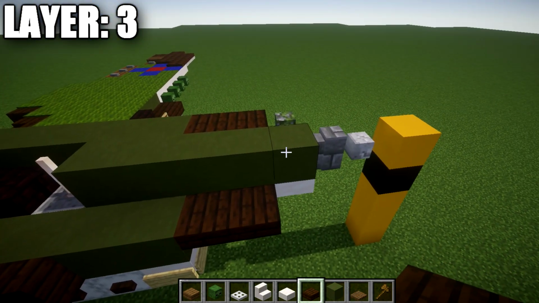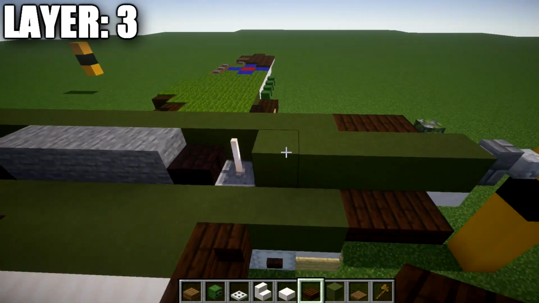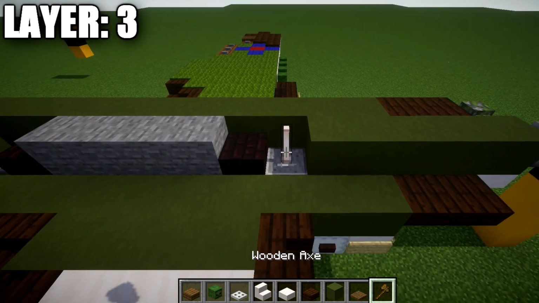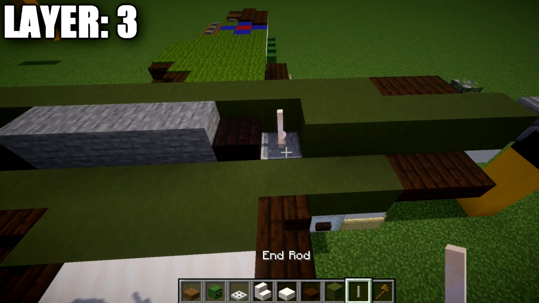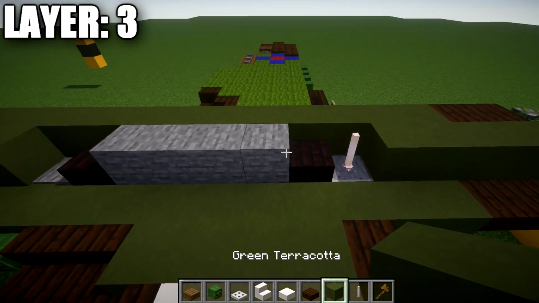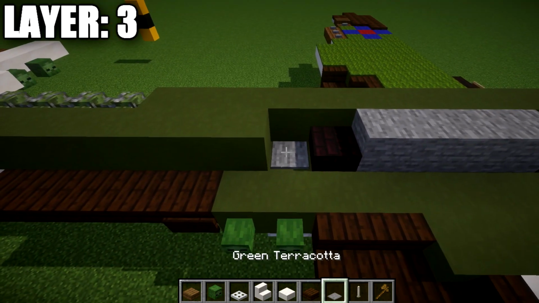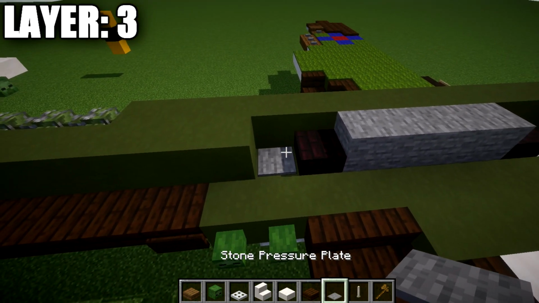Going back from this green terracotta block, we're going to place down an additional 1, 2, 3, 4 green terracotta blocks back, save a row of 5. We're going to go ahead and place down an end rod on top of this polished andesite block, a nether brick slab, 1, 2, 3, 4 stone blocks, a nether brick slab, and a stone pressure plate like so on the